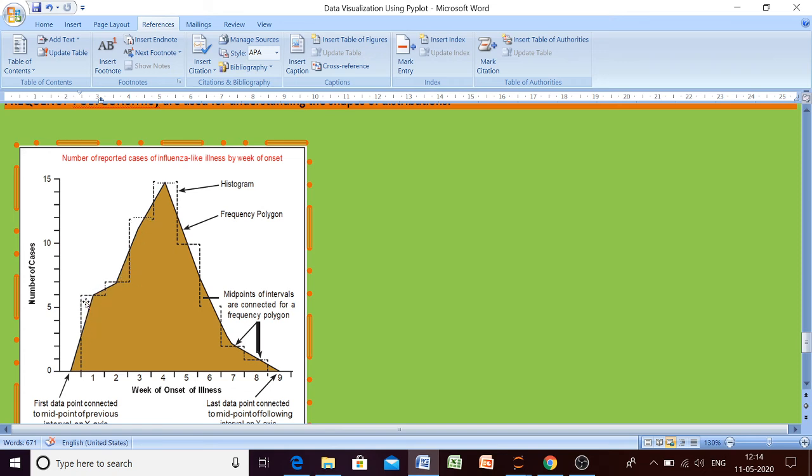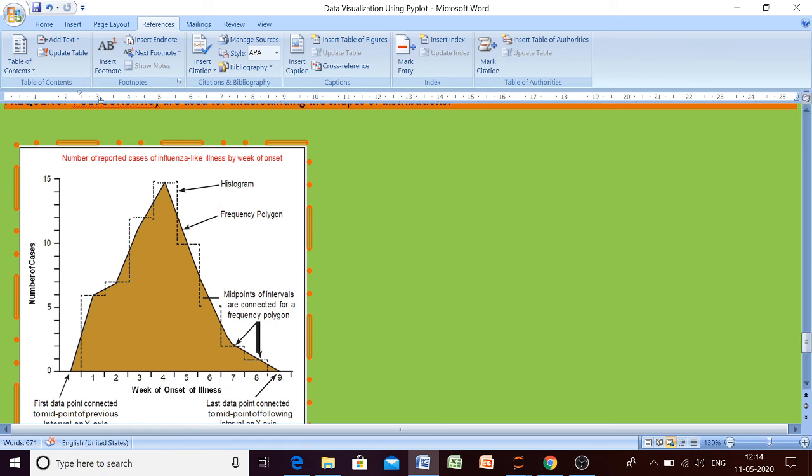You have to find the midpoint of each interval. Here the midpoint is this one, here this one, here this one. For each histogram bar, find the midpoints and join all the midpoints. Whatever shape you get is known as the frequency polygon.